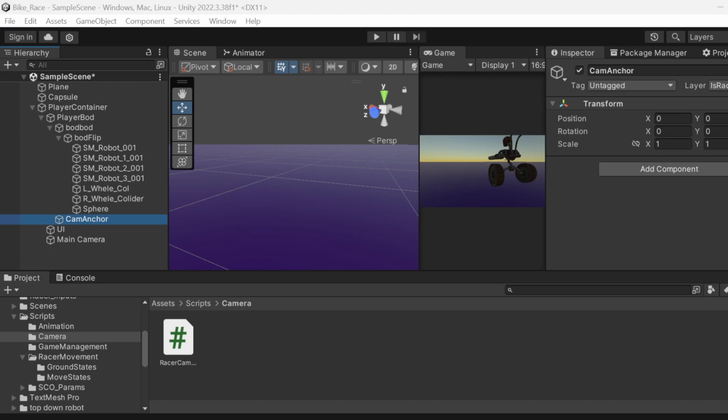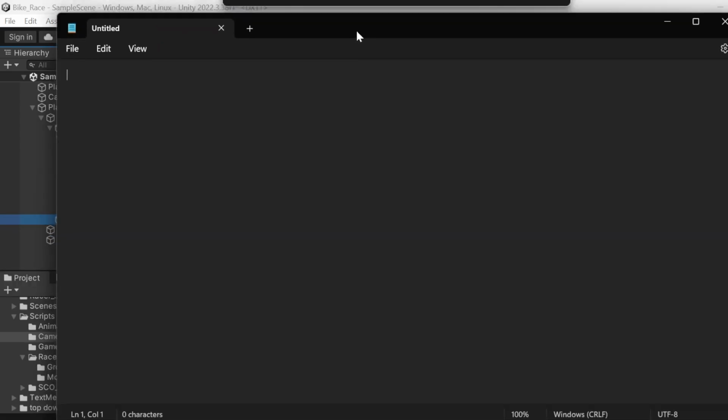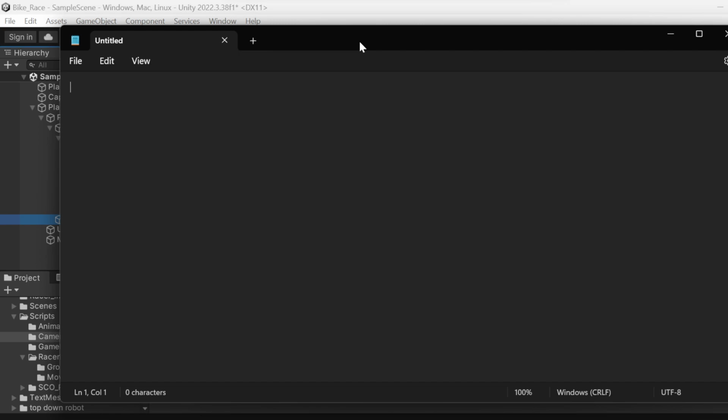Anyway, bring in a nice untitled that's not saved anywhere. So what's the deal with this? So let's zoom in a little bit. The deal with this is helper script